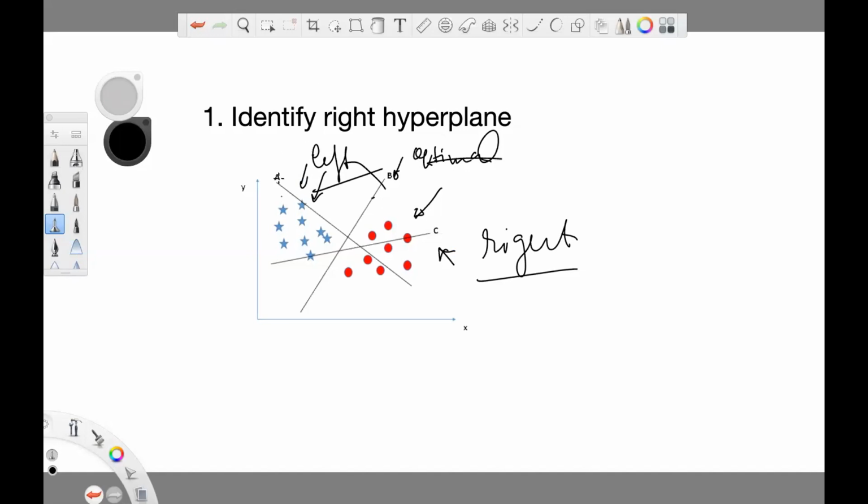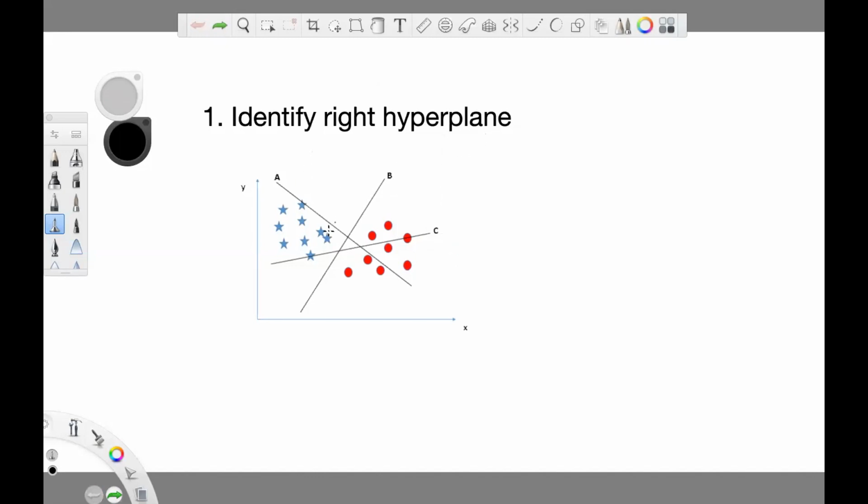And you can see that this particular A and C, if I remove what I have written, you will see that these two hyperplanes, if I draw in the initial way, are not giving me good results. So it is drawing in this way. You can see that it is not clearly separable, right? At this part, both red dots and stars are coming. Similarly, it is happening with this particular case, which is C. But if you look at this line, this is the ideal line. So that's how the learning happens in SVM.